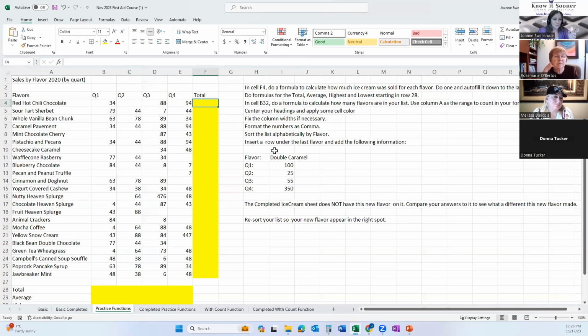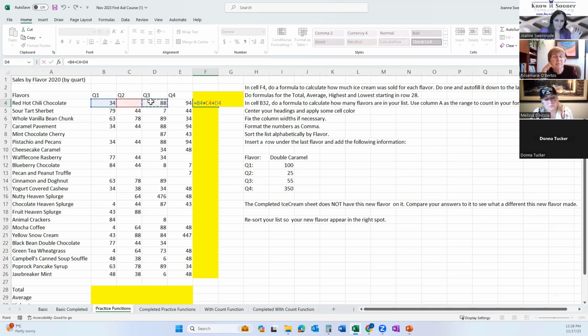Okay, so here's one option. Equals this cell plus this one, even though it's blank we still want it, plus this one, plus this one. What's wrong with that? That took a long time. And I want you to think, what if they weren't quarters?